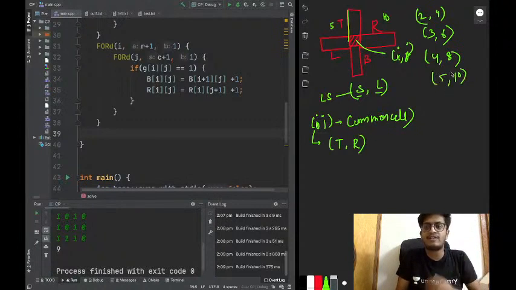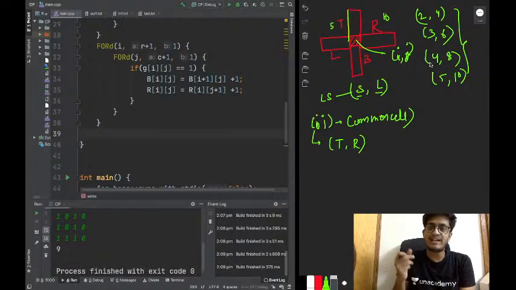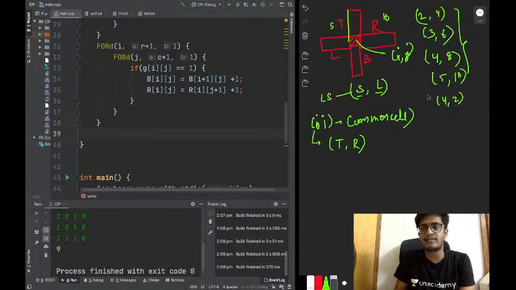And 5 comma 10. We have seen that there will be 4 L shapes with shorter segment from the top and longer segment from the right. Then we will have some L shapes with shorter segment from the right and longer segment from the top. 4 comma 2 will be one such L shape, where 4 is taken from the top and 2 is taken from the right. The length of any segment should be at least 2, as mentioned. Length cannot be 1 because it will just contain the centerpiece, and then it will be an I shape, not an L shape. So this is one possible L shape in this format, where the shorter segment is from the right and the longer segment is from the top.